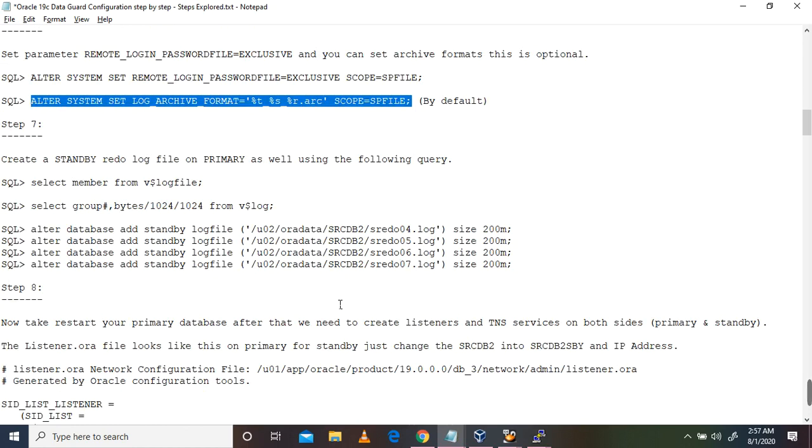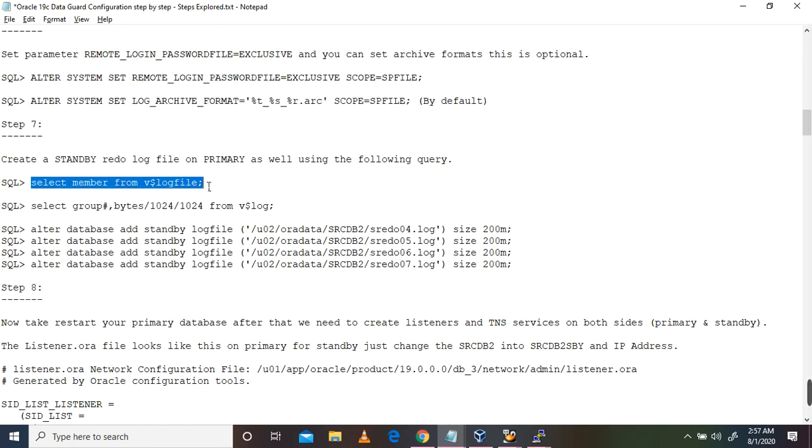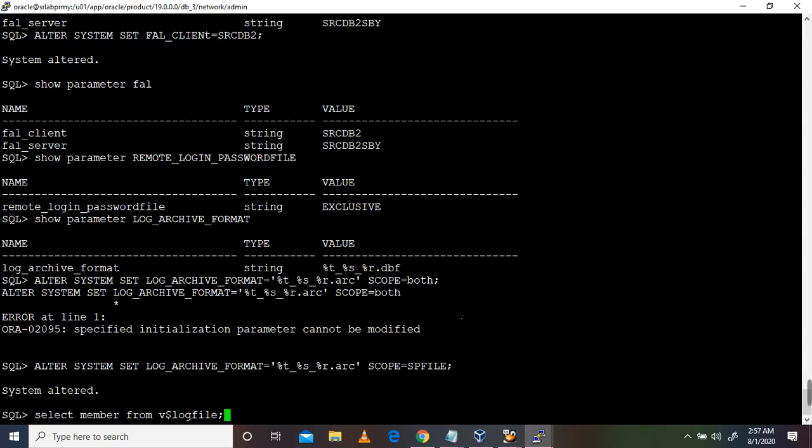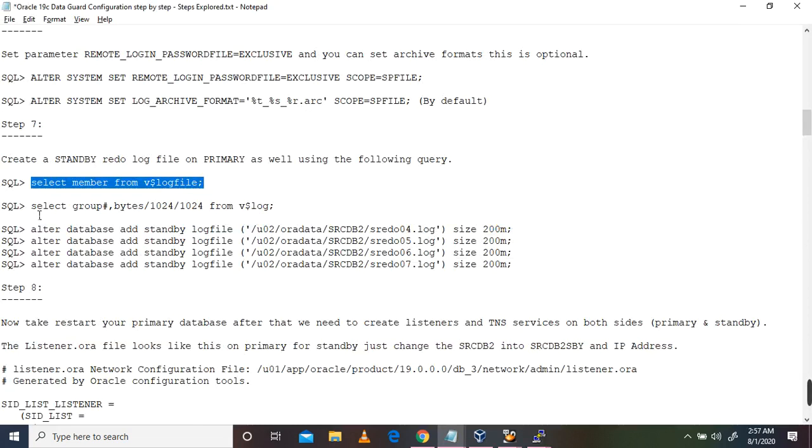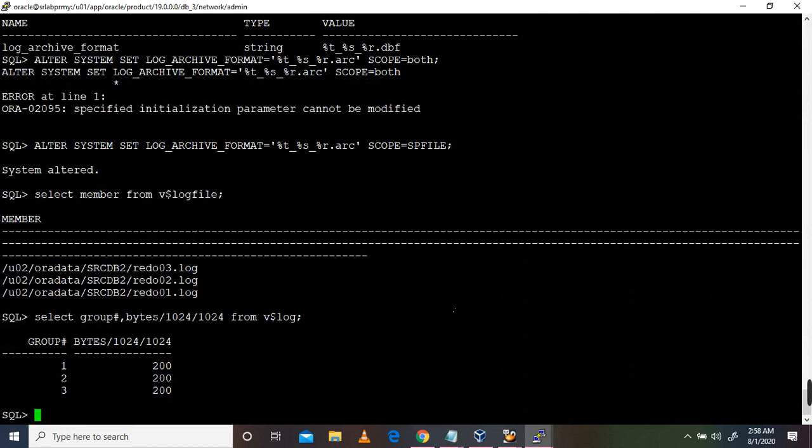Step 7, create standby redo log files on the primary side with the following query. Select member from v$logfile. We need to check what members are available. There are 3 members in the database, and we need to check the size as well. The redo log file size is 200 MB.